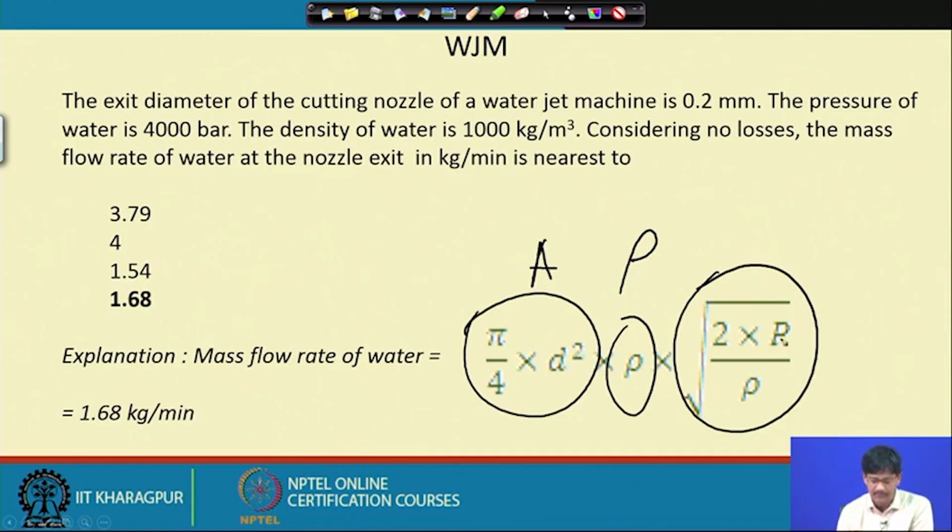V is found out by converting the pressure energy completely to velocity energy. If you remember, we have Bernoulli's equation where P by gamma is equal to V square by 2g is equal to Z. So, the same thing has been done here. I leave this calculation to you. I am sure you can solve it. And this way the mass flow rate is calculated to be 1.68 kgs per minute. Next,